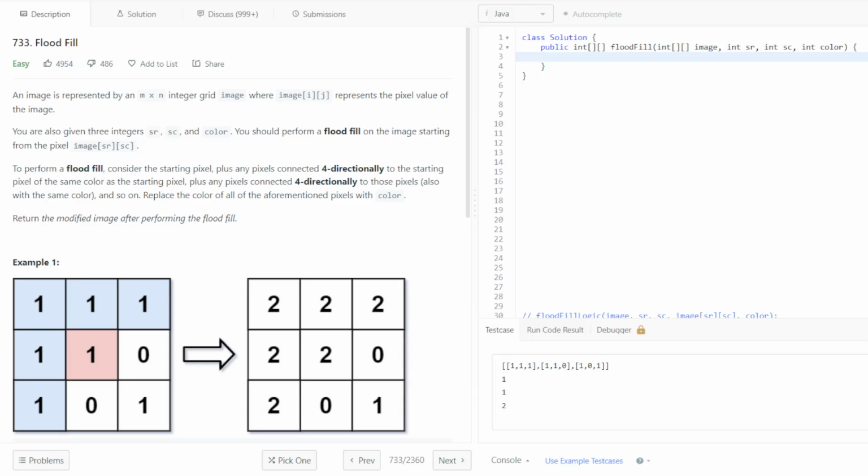All right, so this is the solution to the ninth problem in the Grind 75. This is flood fill. So to refresh our memory, basically we're given an m by n integer grid, and we're given an initial row and column, so an initial spot in that grid, and we want to perform a flood fill, which is essentially